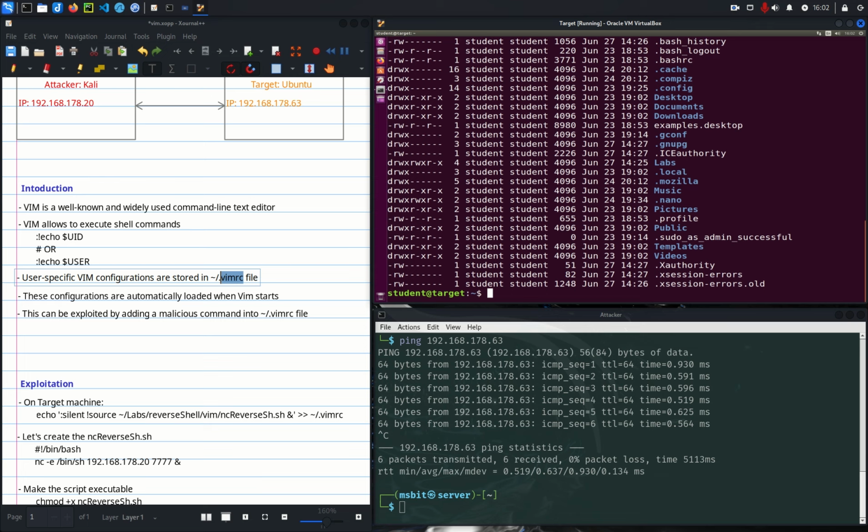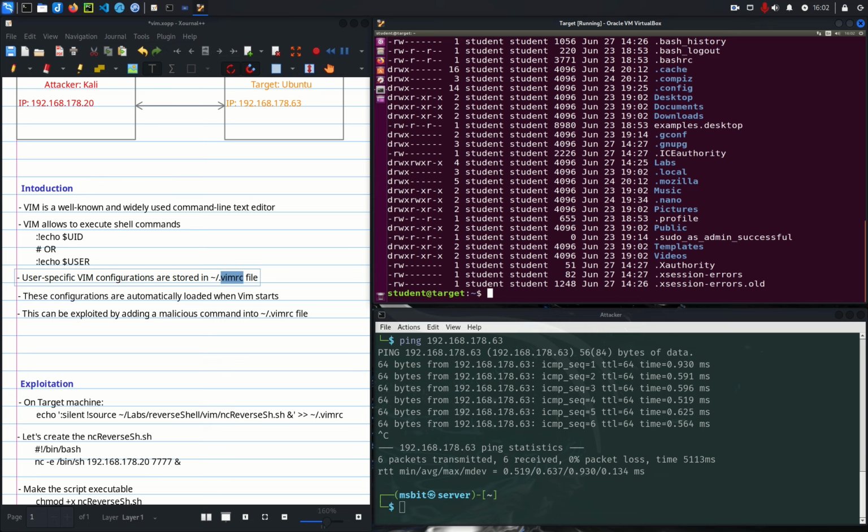This is interesting because it presents an opportunity for attackers, because by manipulating the vimrc file, one can execute unintended actions during a user session without the user's knowledge or even permission,